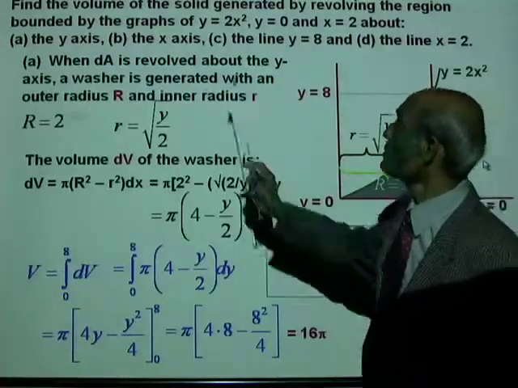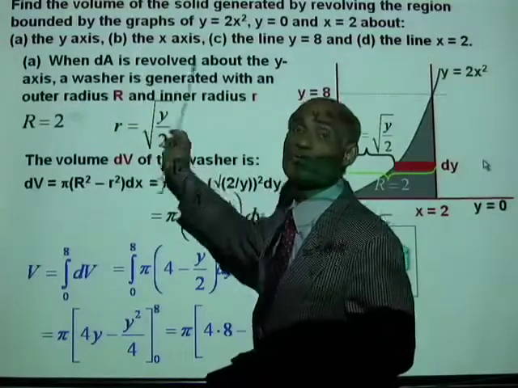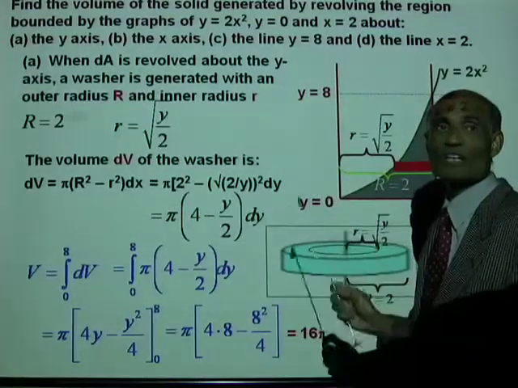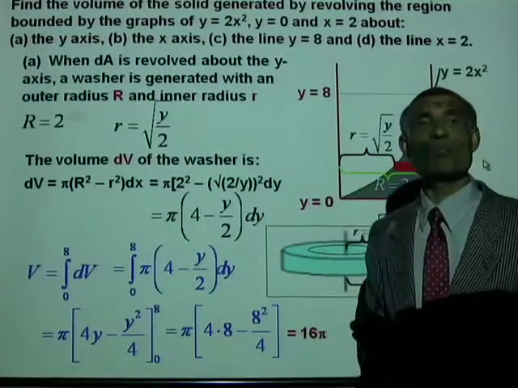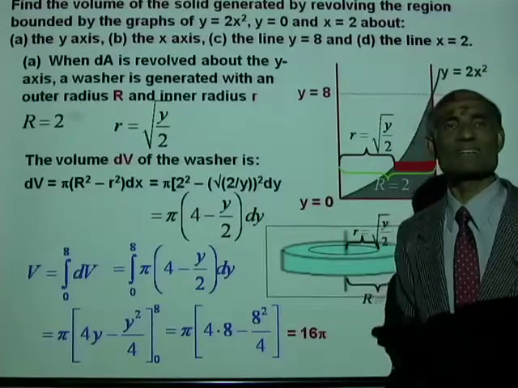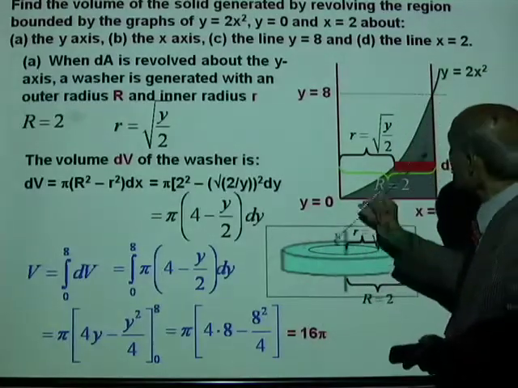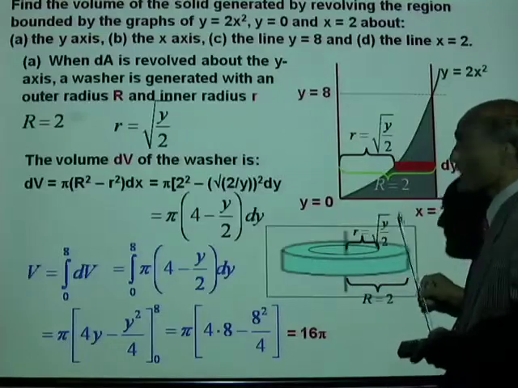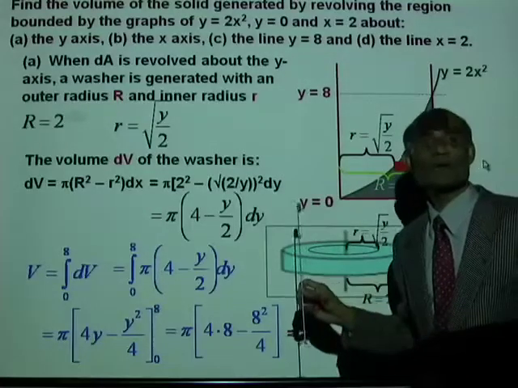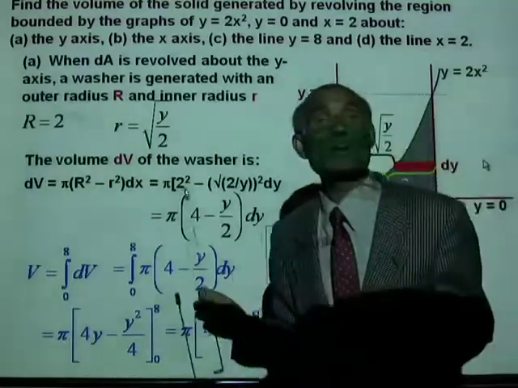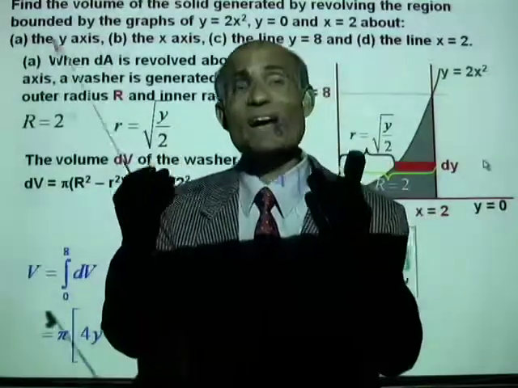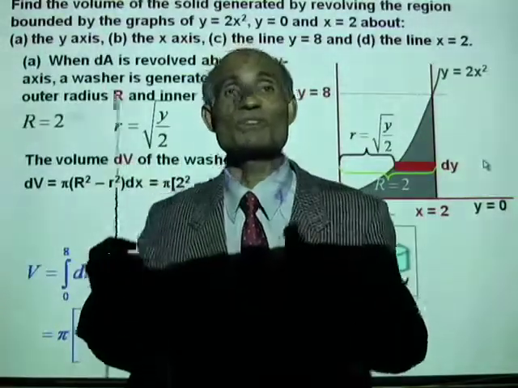Okay, I'm sure you can do that now on your own. If you generate this area about the x-axis, what will be the volume generated? Now, in order to revolve this area about the x-axis, how do we take the element area? The element area that we take must be at right angles to the axis of revolution. So let's